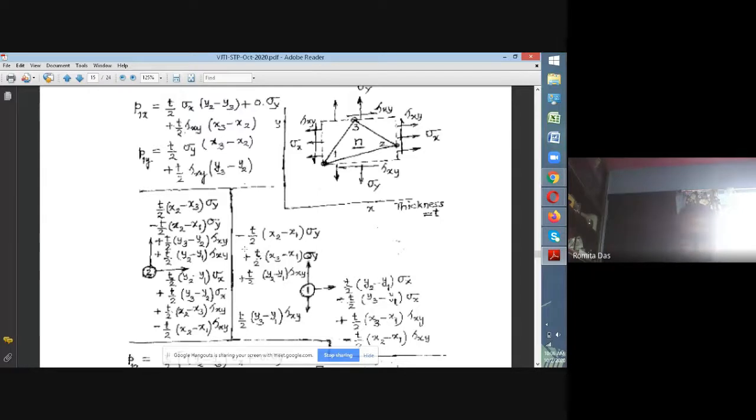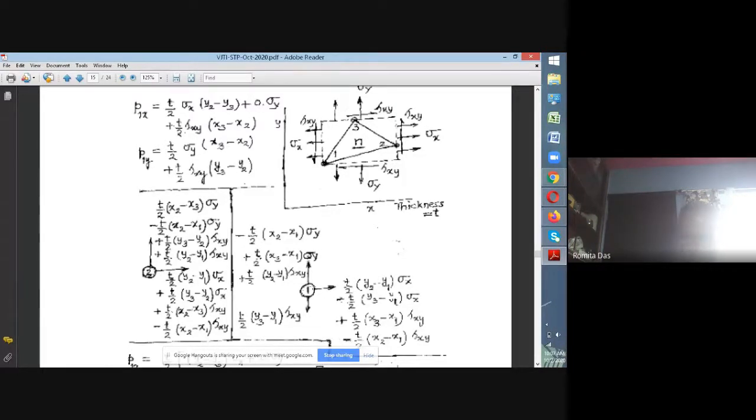So therefore we have put that x2 minus x1. In the same manner, you go on taking all the vertical loads. You have 4 segments of vertical load. Vertical load on this point is due to sigma y, and then this is due to tau xy, and on this face due to sigma y, and in this vertical direction due to tau xy. So 4 terms, and these 4 terms are written there.